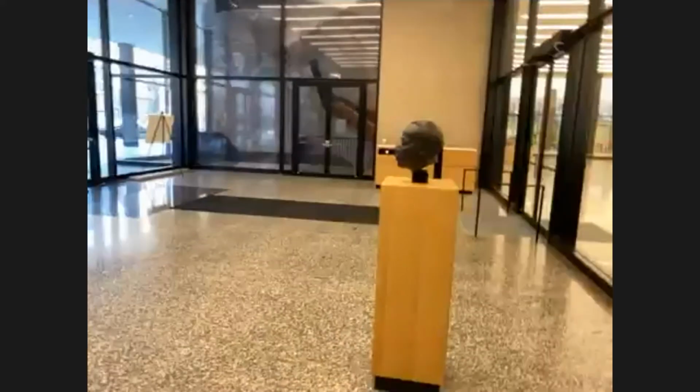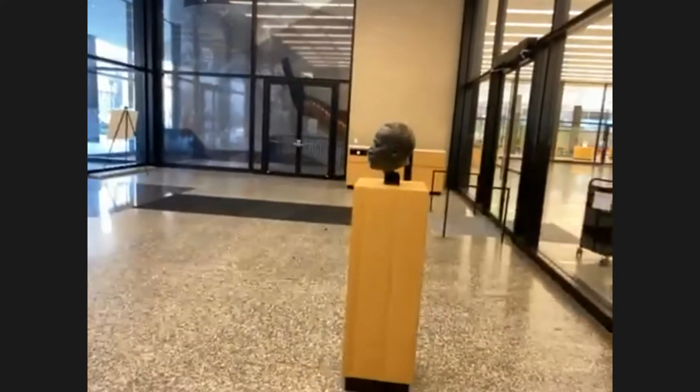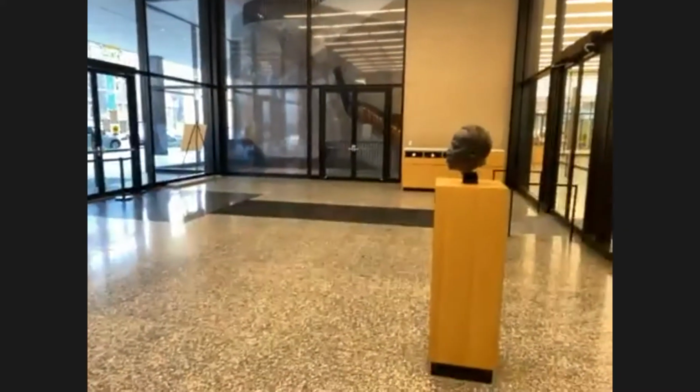But for those of you who go to the West End Library frequently, she also did the piece that's in the children's area of the West End Library. So she's been a great partner with us, and we're very thrilled to have her work here at the MLK Library. So I'm going to go through the walls, through the doors of the vestibule, into the Great Hall,